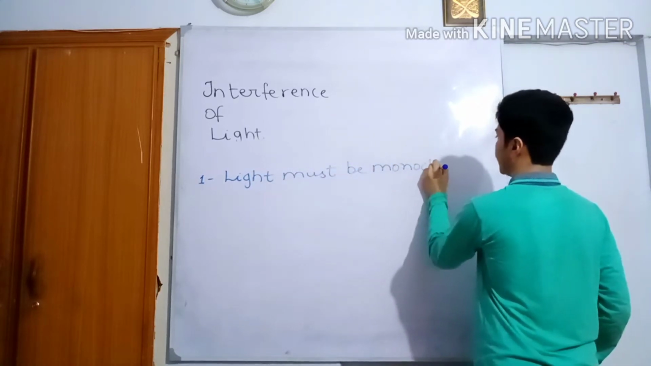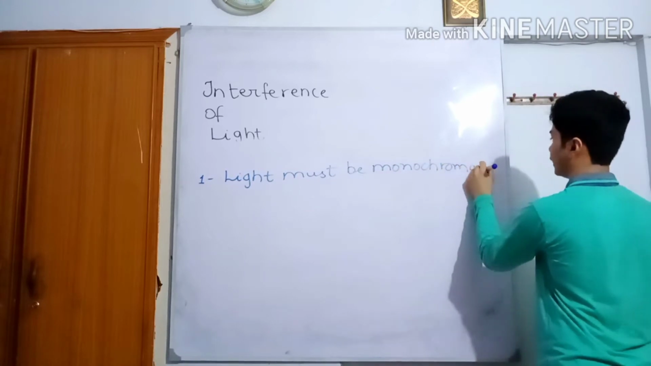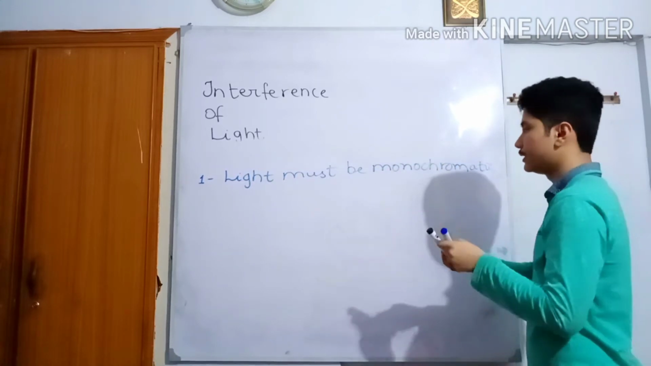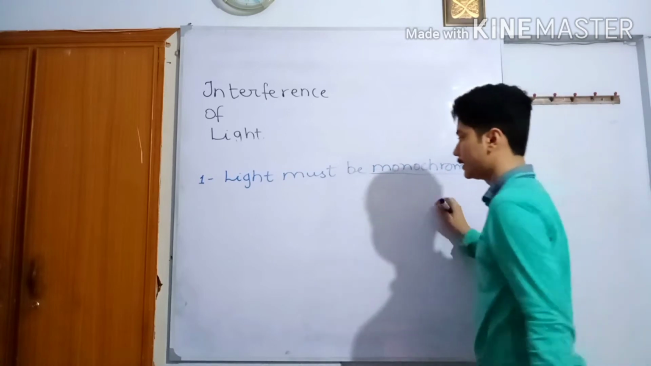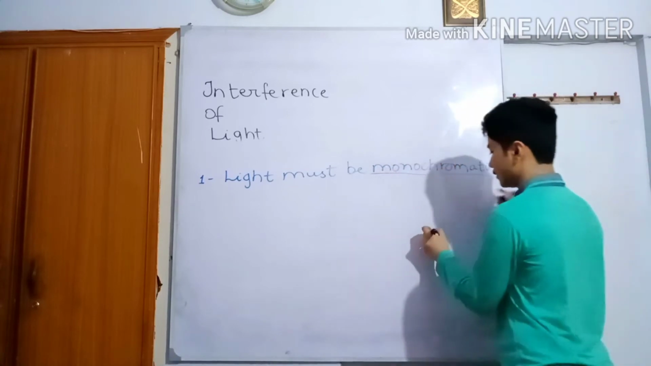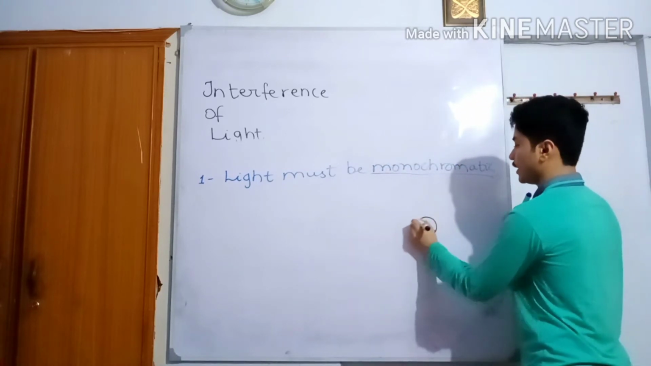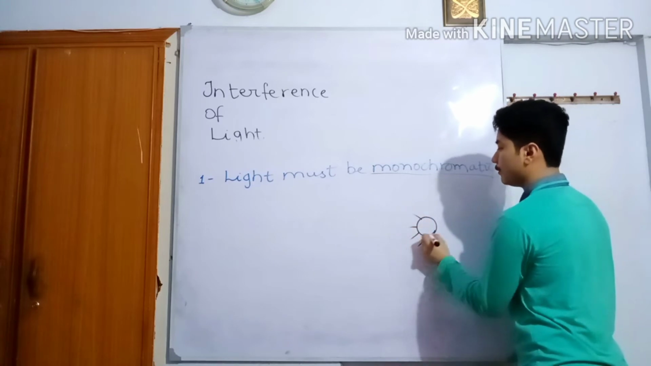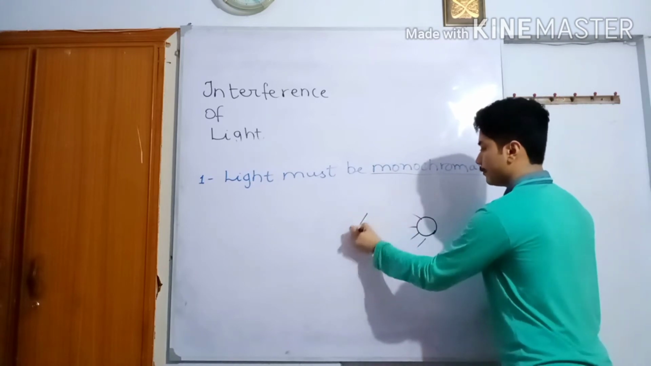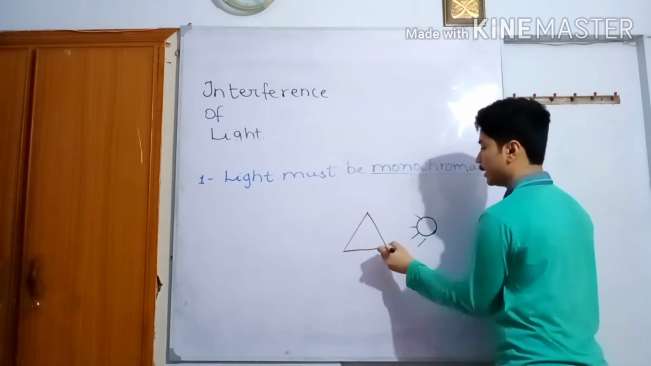I know it sounds quiet, but what is monochromatic? Let's see what this word says. For example, there's a white light. This is a source of white light, and it is generating white light. So when I refract this white light through a prism,